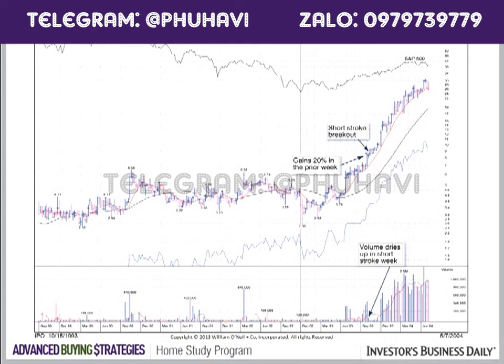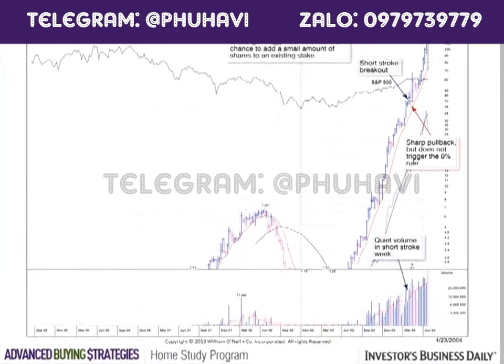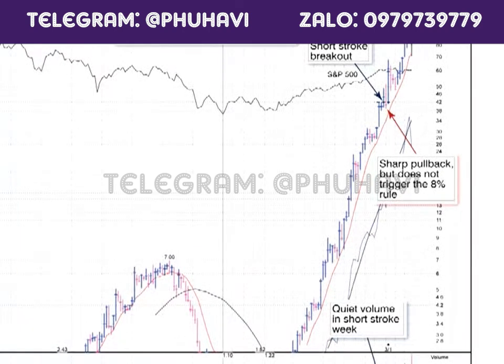So this was Decker's at the beginning of that move in the 03-04 timeframe. All right, last up with the short stroke is Taser. Taser is a stock that we've studied a lot in workshops and here in-house because it was such a huge